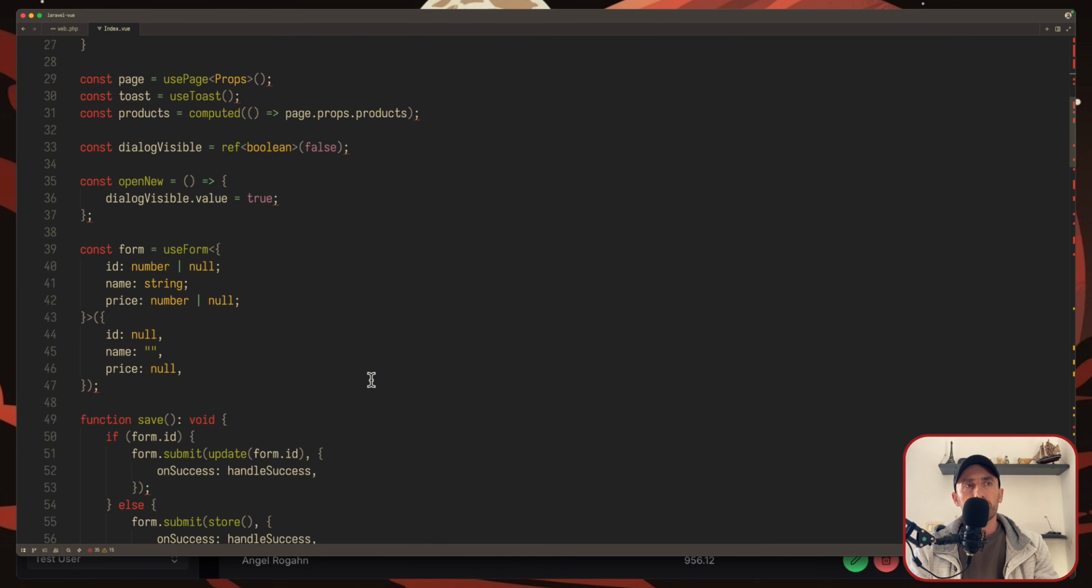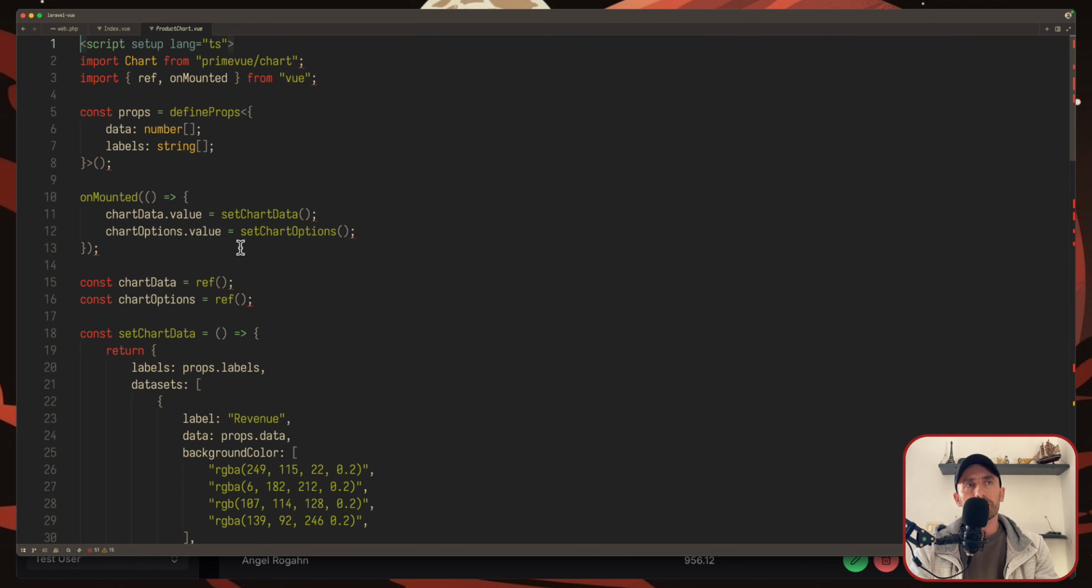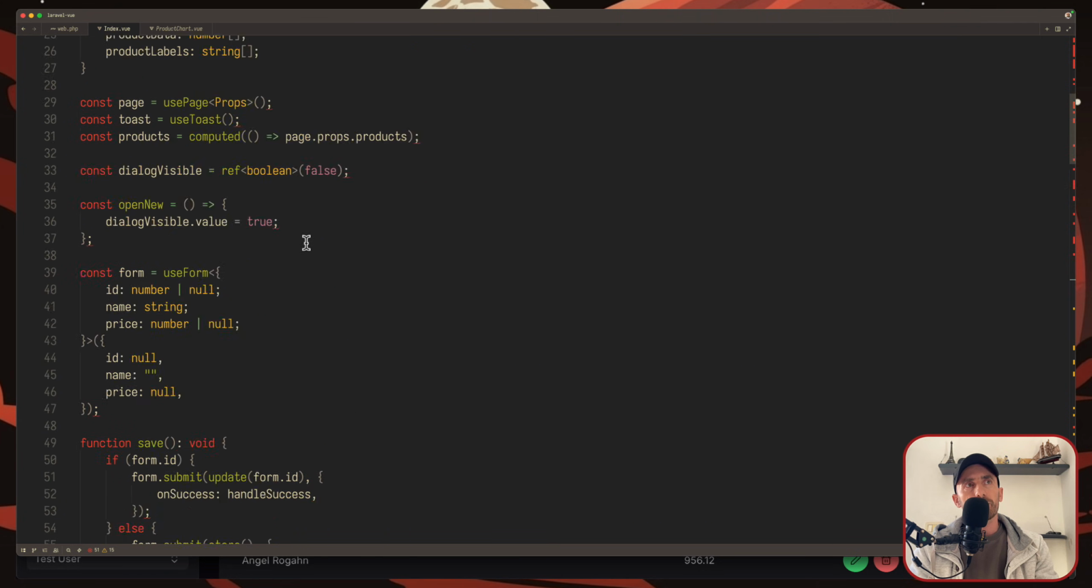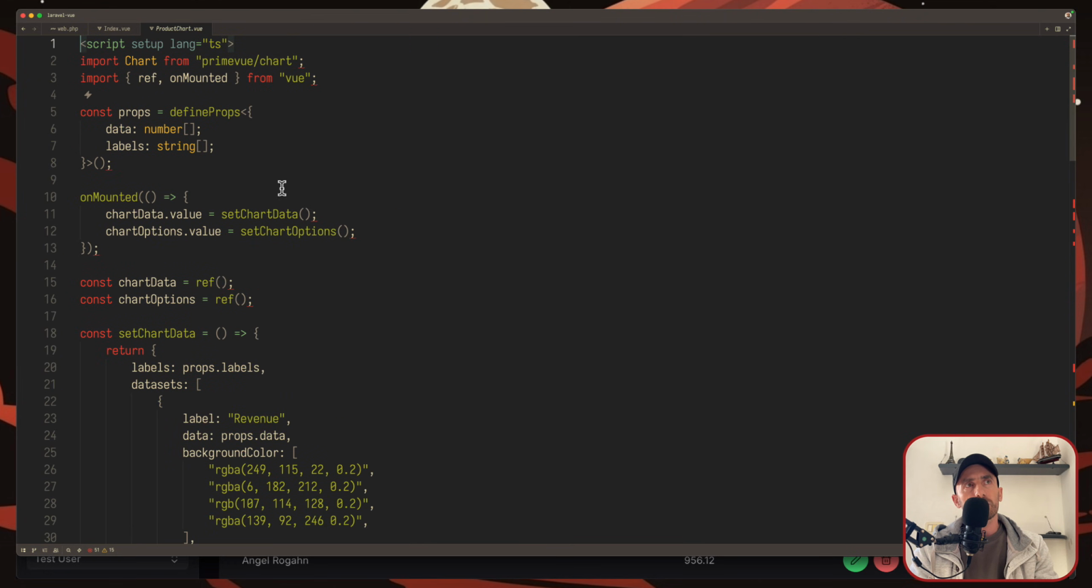Okay, next thing, let me show you the last component, which is this product chart. The chart here. On the product chart, I added the data, which is page props product data and labels, page props product labels. In this product chart, we have imported the chart component from the PrimeVue chart and then defined props here. On mounted, I have just copied that example we had